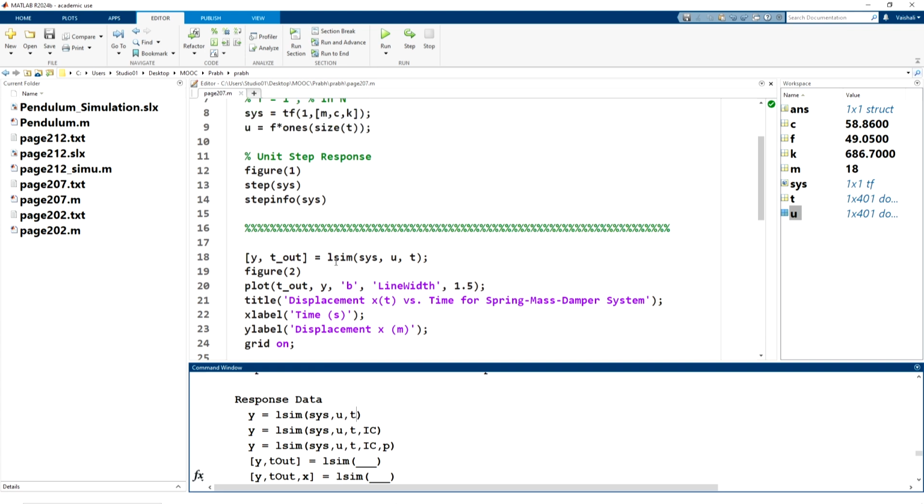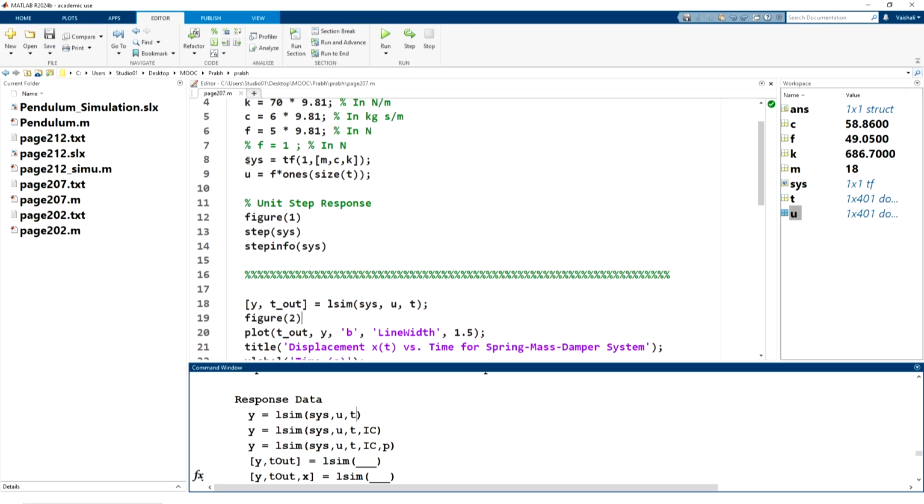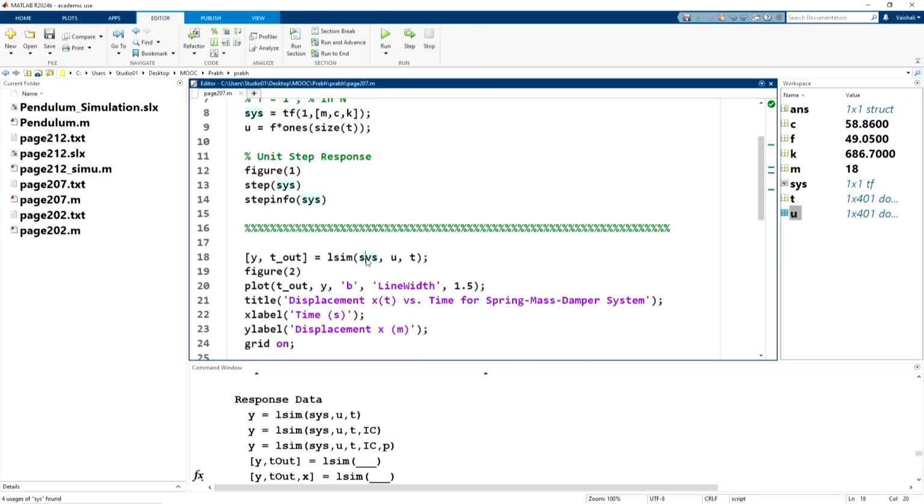The system I have represented as sys, the input is u, which is a vector, and time, and the output will be your states, that is position and velocity, and the time t out. So we'll get y and t as the output vectors.